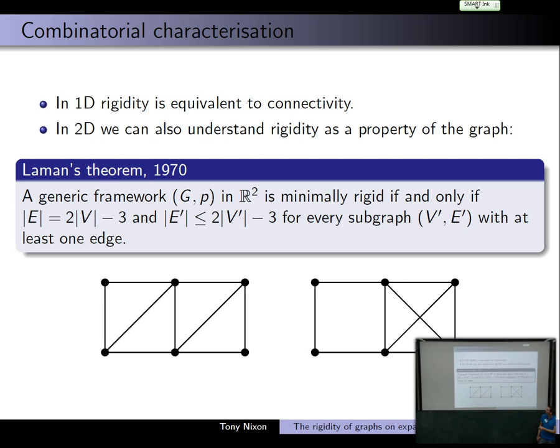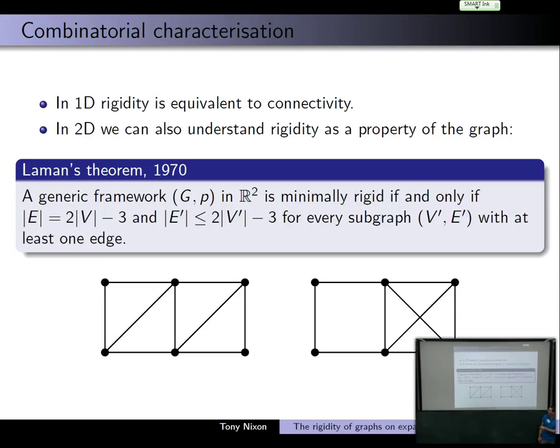So here the rank characterization had dv minus (d plus 1 choose 2). If you just plug in d equals 2, this is what you get: E equals 2v minus 3. And we have a corresponding subgraph inequality because we don't want any subset of the rows to be dependent and throw off the count. For example, like this, if we have just these triangles, and this is a rigid thing,